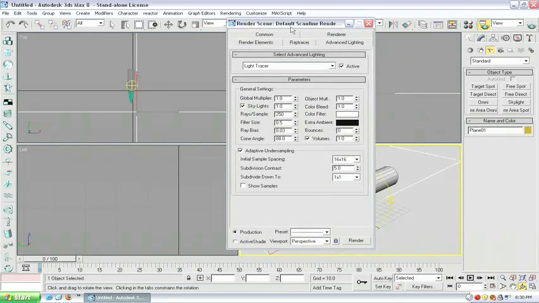Now in here you're going to want to take your rays and samples up to 2000. Then you're going to take your bounces up to 2, and you're going to take your filter size up to 1. If I can select that here. Alright. Now, we're going to come up here to the Common tab,